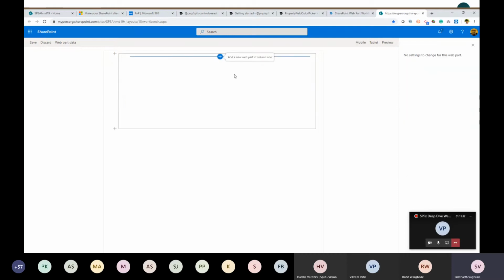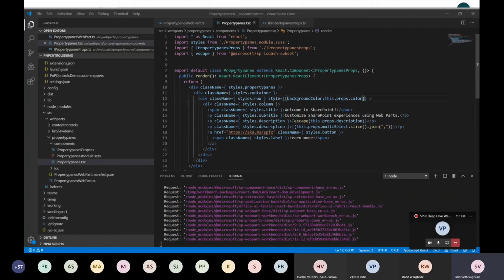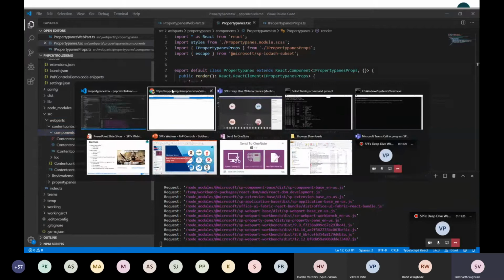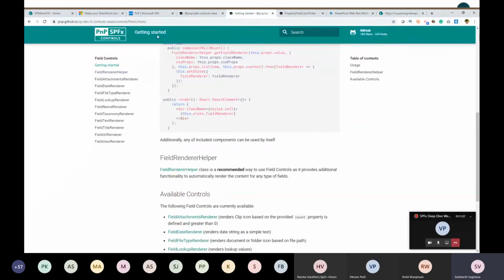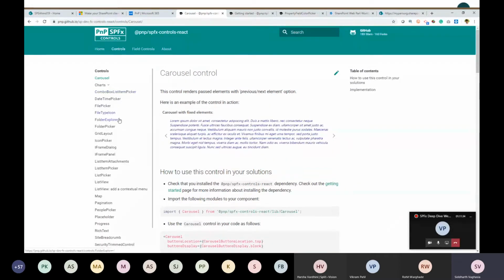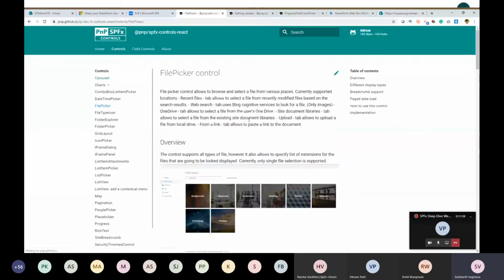Now what we will do is quickly see a demo of the content control. So this is the content control library. We will first see a demo of the file picker, right?